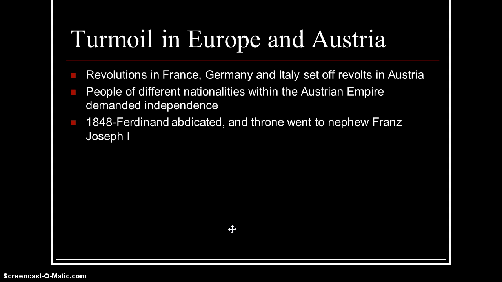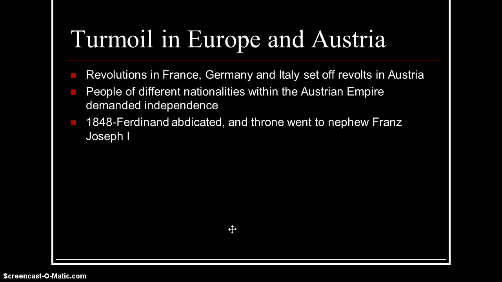Turmoil in Europe and Austria. So there were revolutions in France, Germany, and Italy, which set off revolts in Austria. And it's like the Arab Spring nowadays. When Tunis started its revolution, Egypt started, Syria started, Yemen started, Libya started. It's a chain, and because France had a revolution, and Germany and Italy,